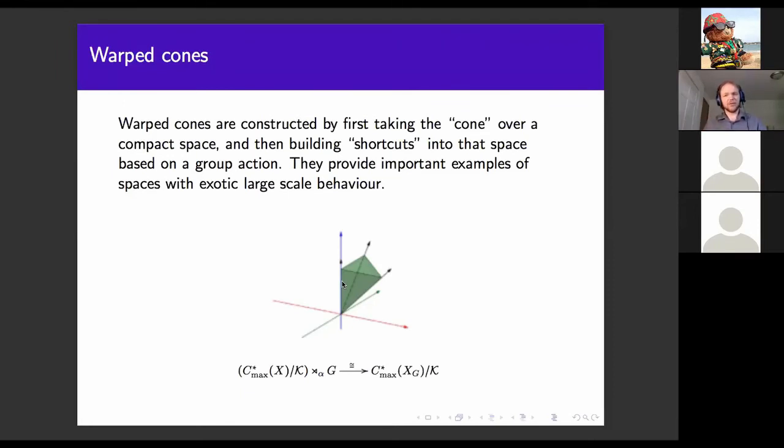So if any of you have ever heard of taking the quotient by a group action of a space, this is kind of a high level concept in topology, but if you've heard of this, then that's not quite what's going on here. You're not quite identifying points. Instead, you're just making them pretty close. And that's about as much as I can say without using the words finitely generated. But basically, you're taking the space, which looks pretty okay. Like it's pretty normal. I think we understand it. And then you're building shortcuts into the space.